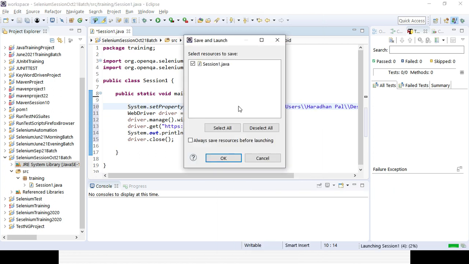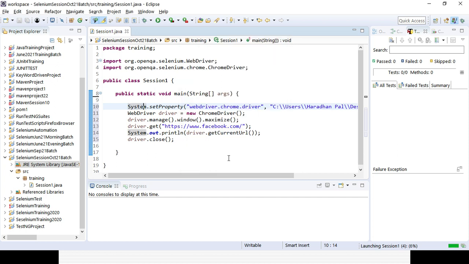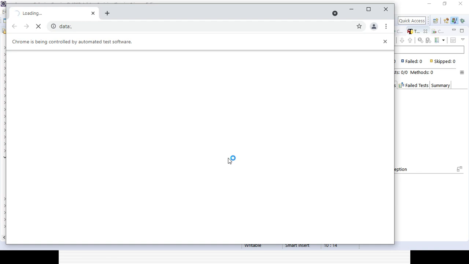You need to select the class. You can see it is launching the Chrome browser. Once it is launched, it will try to maximize it based on the code you have written.